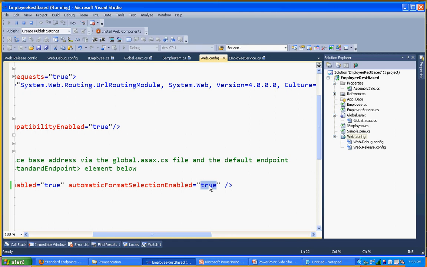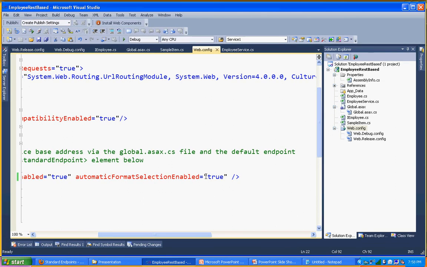If you see in 3.5, at the time of implementation, you specified the operation response and request format. So if you specify that as JSON, that's it. Your service sticks with the JSON format. But in 4.0, by default it supports both the formats. Definitely it's a really good thing. But if you want, you can restrict that to a certain format. Definitely it's not a code change, it's a web.config change.